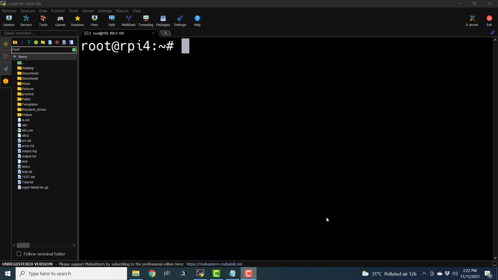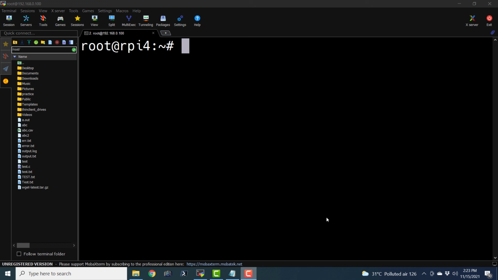For X11 forwarding, we need to have enabled it on that Linux or Unix system, which we have already done after booting up the Raspberry Pi. If you remember, we had changed the setting in the /etc/ssh/sshd_config file using the nano editor, and we had enabled X11 forwarding. So it was already enabled. Only to explain how to enable it in case it is not enabled, I took you to that file. Now that X11 forwarding is enabled, we are done with the first part.